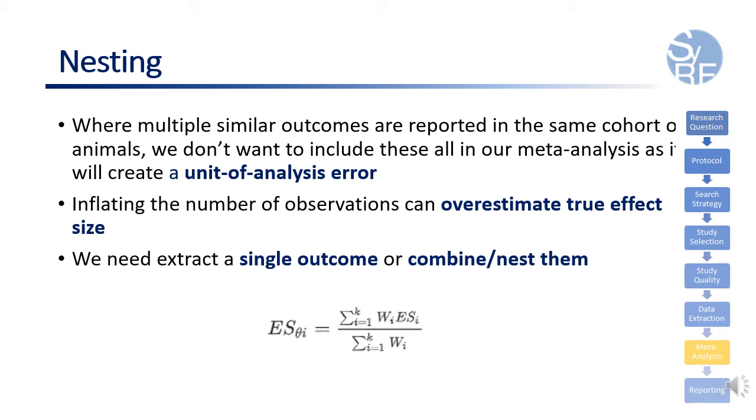We must essentially choose either to extract a single outcome or to combine more than one outcome. If we wanted to use a single outcome, we might select the smallest effect size or have a hierarchy of preferred outcome measures, or only include data for one specific outcome measure. If we want to combine outcomes, we can extract all outcomes and nest biologically relevant ones using a global measure for the behavioral outcome in that comparison. To nest outcomes, we sum weighted outcomes from each comparison and divide them by the sum of the weights. And the standard error of this effect size is given by the square root of the number of comparisons divided by the sum of the weights.